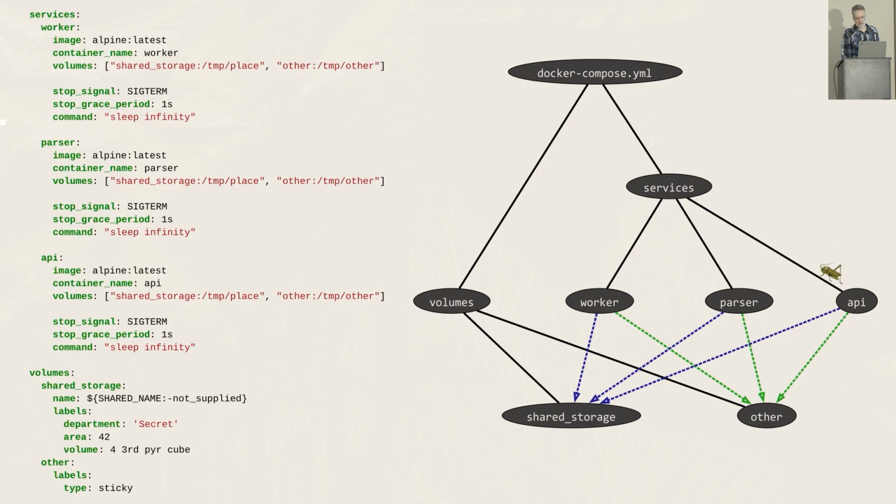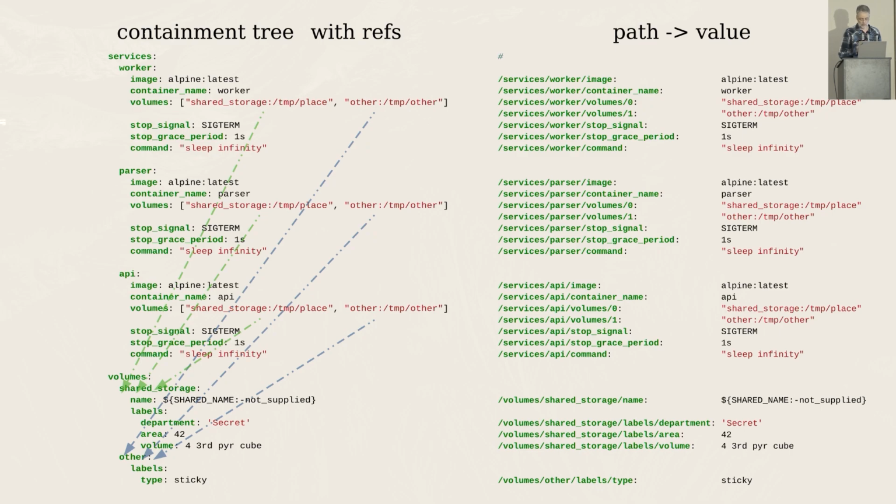So the question now becomes, what kind of work does Docker Compose need to do to work with these configuration trees? In the very simplest case, and I've shown that on the right-hand side there, you can turn a tree into a set of paths, at which point retrieving a value from that tree just means following a path down to the leaf node, and there's your value.